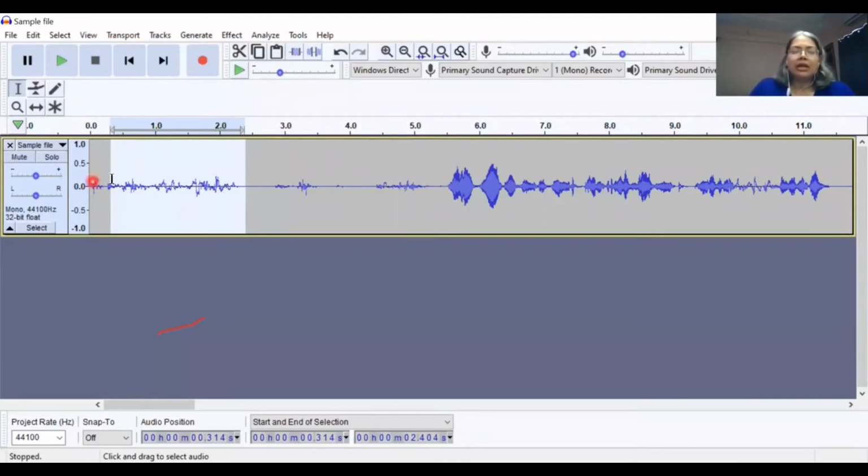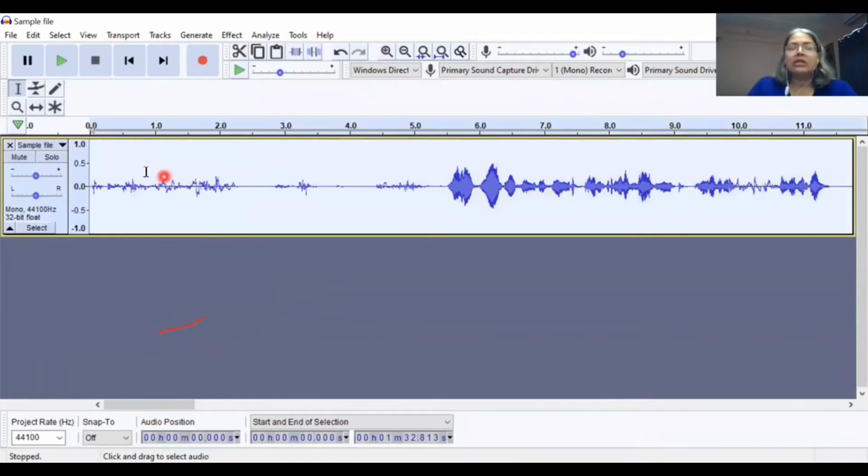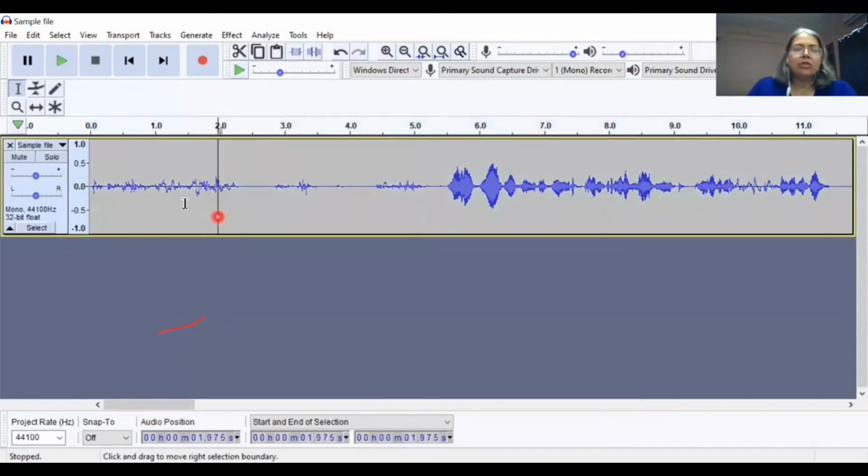Now, where do I want to remove this kind of noise from? Actually, from the whole file, I want to remove this kind of hum. So I'll select the whole file. What if I say remove the sound from here only? Then only these sounds will go. The rest of the file will still have those sounds, and I'll have to repeat my actions. So I will double click on this gray part to select the whole track, not like this.